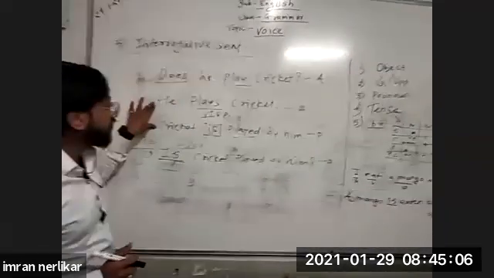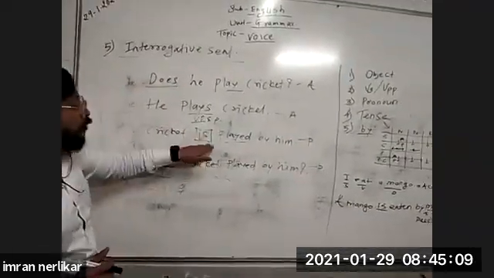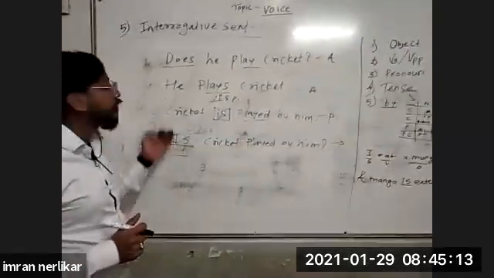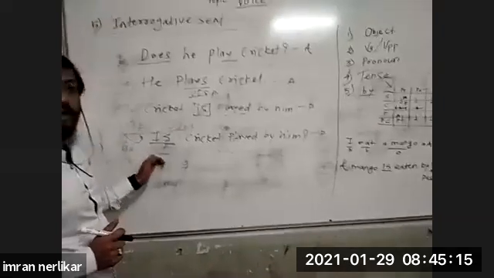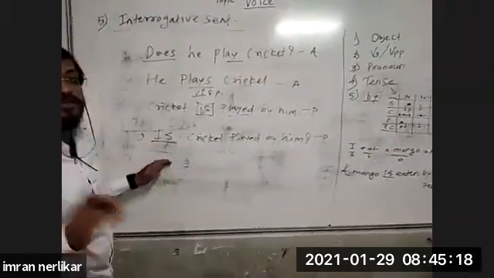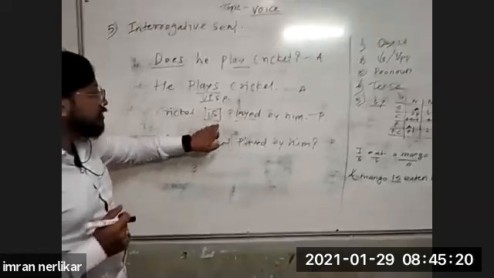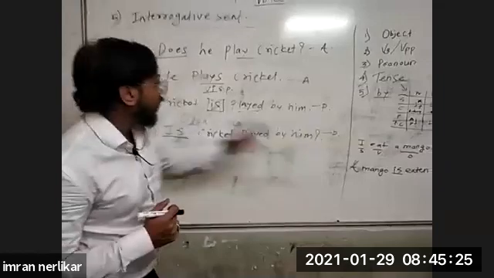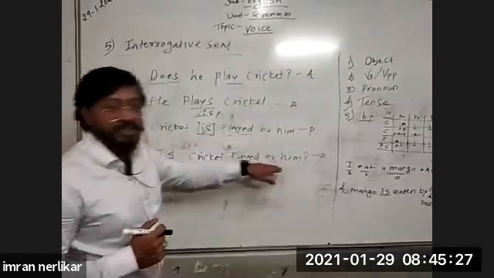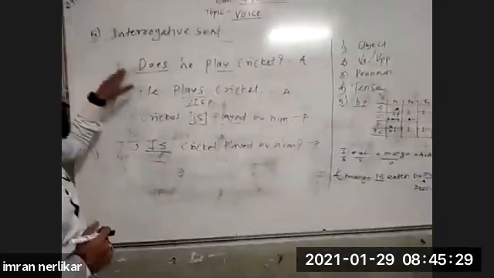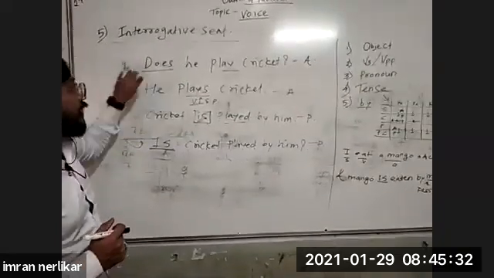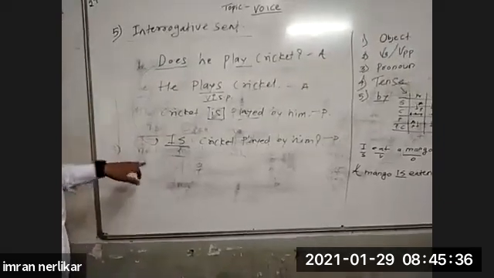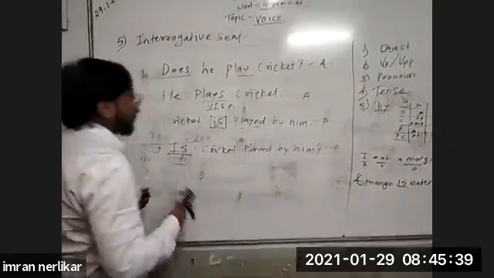Now after this, the helping verb we have taken out in the beginning. Why? Because we want to convert this sentence into a question, a verbal question, and a verbal question begins with a helping verb. That's why, is, the same helping verb, we have taken first. Is cricket played by him? The remaining sentence we have written as it is. So this is the format of active to passive in verbal question. I hope you have understood this. Please note it down if you have understood.